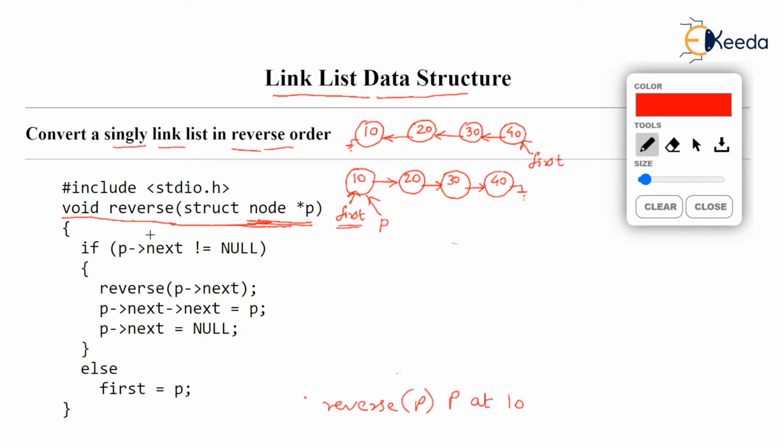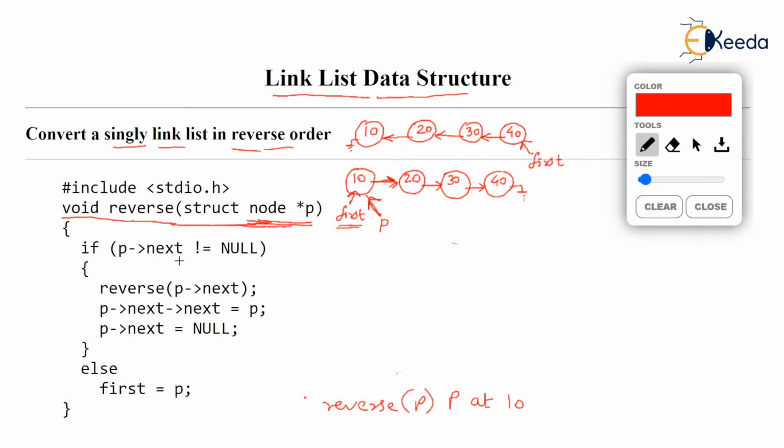Now, when you run this function, there is an if statement which is asking, is p arrow next not null? Now observe the cursor, p arrow next. This next we are talking about, isn't it? p arrow next, is it not null? Yes, it's very true because p arrow next is pointing to 20. In fact, the next of 10 is storing the address of 20. So this condition is true.